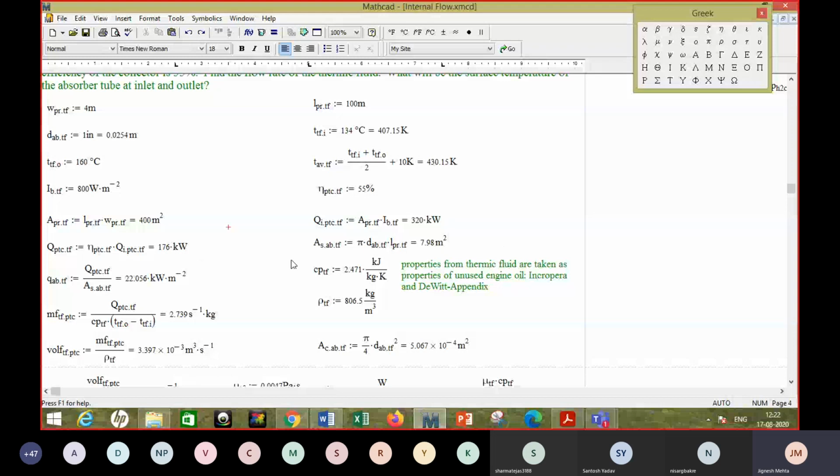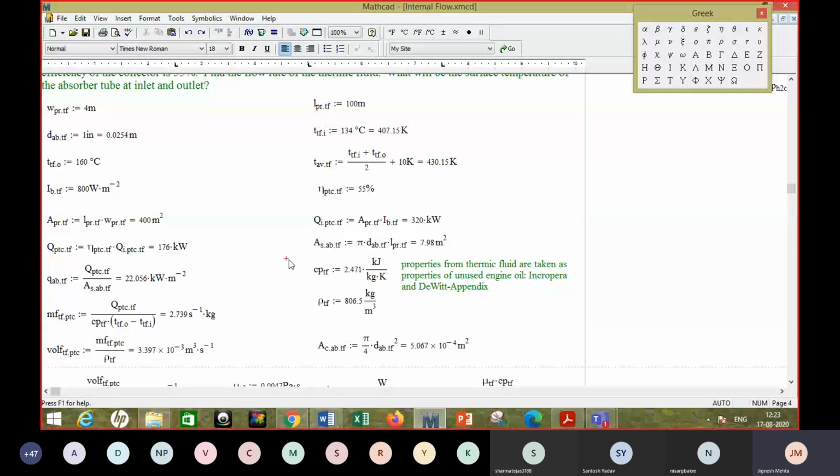Okay, so actually the main purpose of using concentrating type of collector, as the name which is commonly used in this area, CSP, concentrating solar power. So why do you use concentrating solar power? Because the absorber area would be much less than the area of the reflector or the aperture area. So because of that, the area through which the heat is lost is less. So this is advisable for high temperature applications.